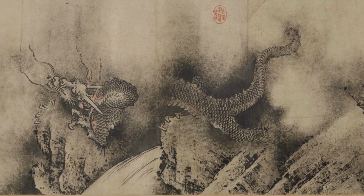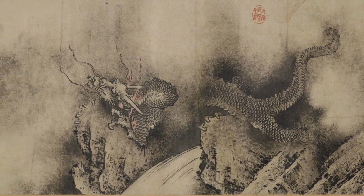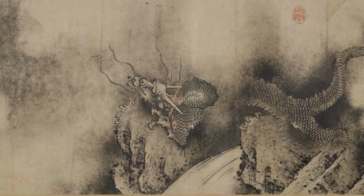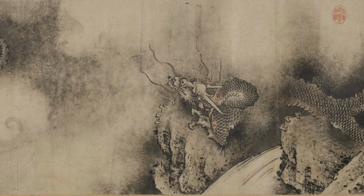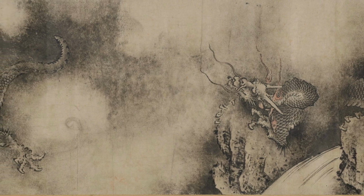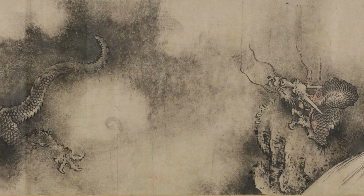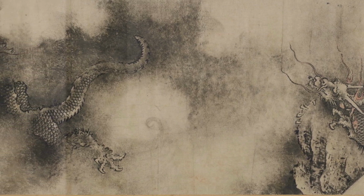But what you can see here is a continuity of tradition in this long scroll, and so I thought it'd be fun to just look at it together. This is actually the first time that I will be inspecting it closely. And one of the first things that I notice is this interesting way that the dragons tend to be depicted against a backdrop of dark ink, these dark ink blots that